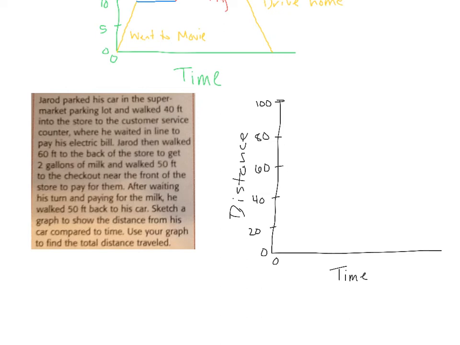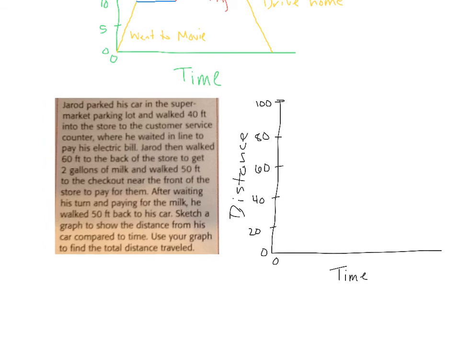So, the first thing we know is that he walked into the supermarket, and he walked 40 feet. So, it took some time for him to walk the 40 feet, right? So, he's going to get further away from his car in those 40 feet. So, this is where his car is. Then, he paid his electric bill, and then he walked to the back of the store. But while he was paying his electric bill, he waited in line. So while he waited, our time flatlines, but our distance doesn't go up because he's the same distance from his